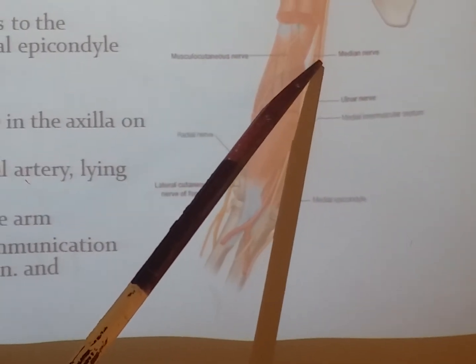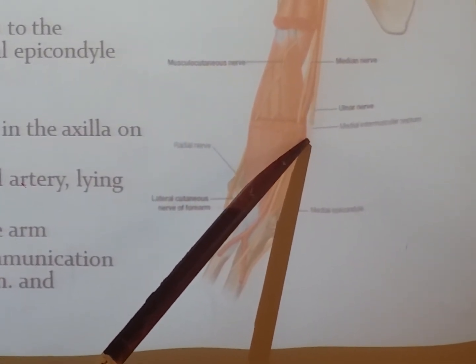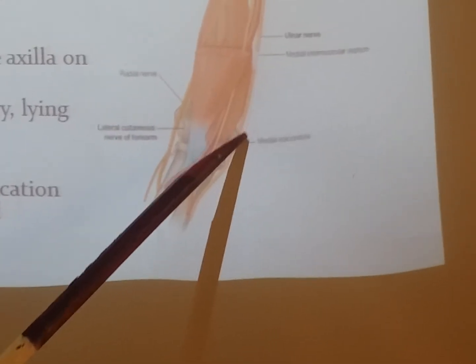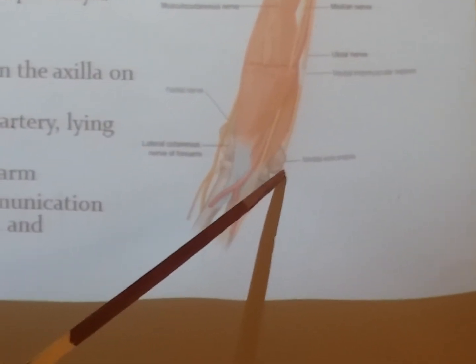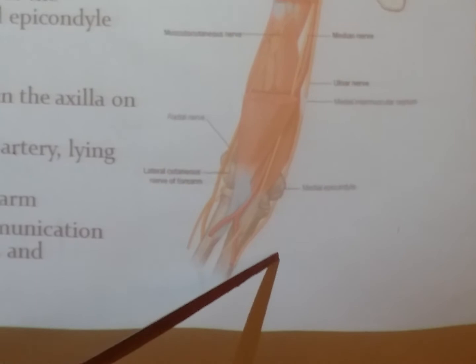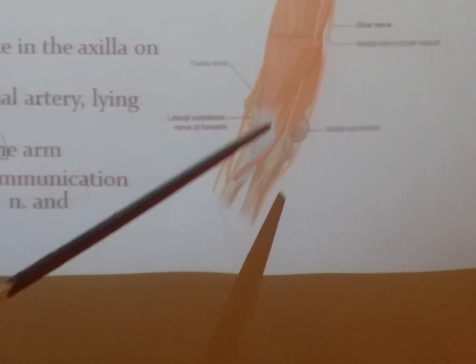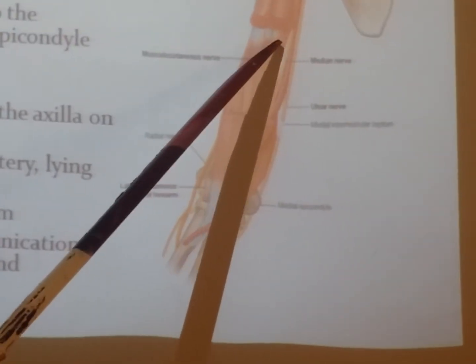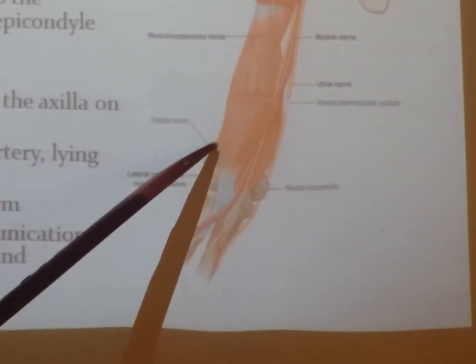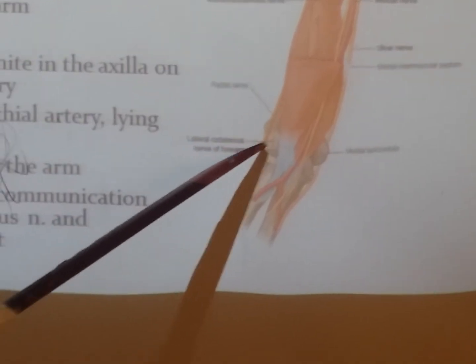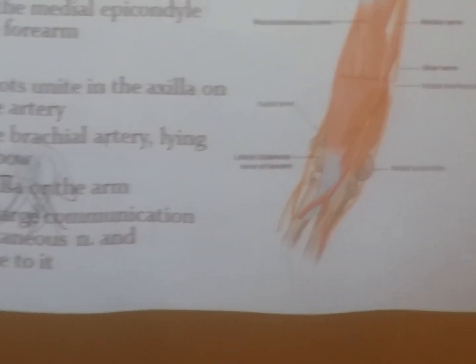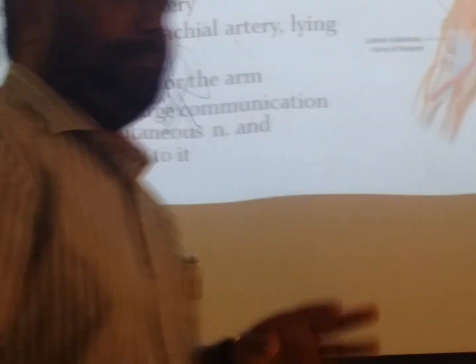Then the ulnar nerve pierces the septum here. See there, it is piercing. It pierces the medial intermuscular septum and goes posterior to the medial epicondyle, and then goes to the forearm. Clear? And the radial nerve, everywhere it is posterior. That's why it is not shown. Only in the lower part of the arm it comes to the anterior side, by piercing the lateral intramuscular septum. So this is the story about these 4 nerves in the arm.